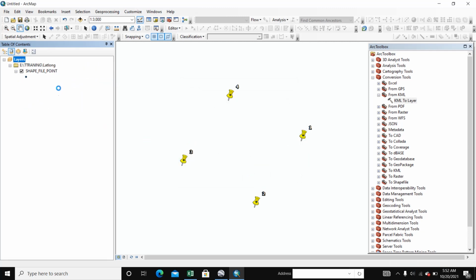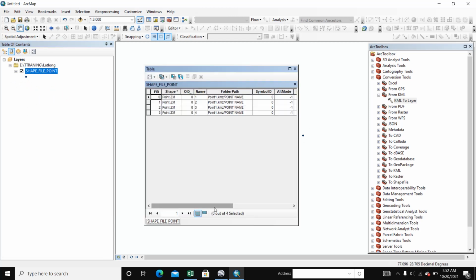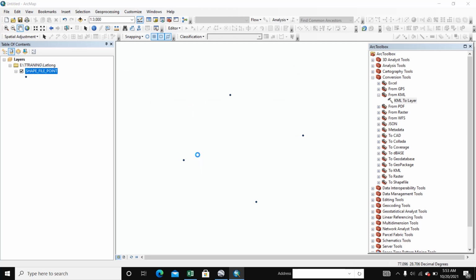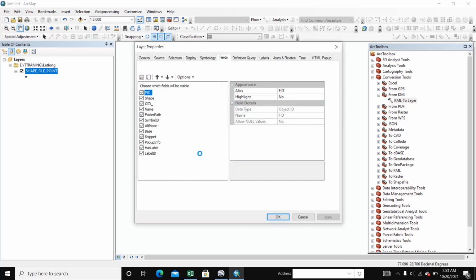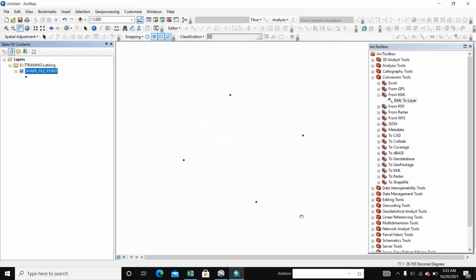We remove it and find the saved file. Here is the saved file. We also check the properties. Its coordinate system is a geographic coordinate system, WGS projection. So we also convert it to UTM. OK.